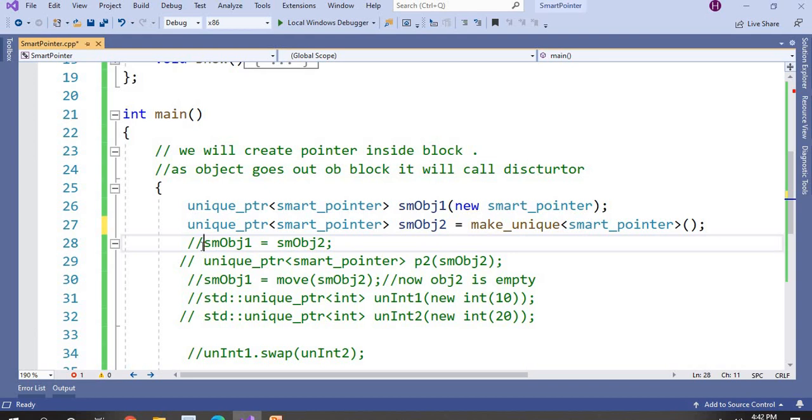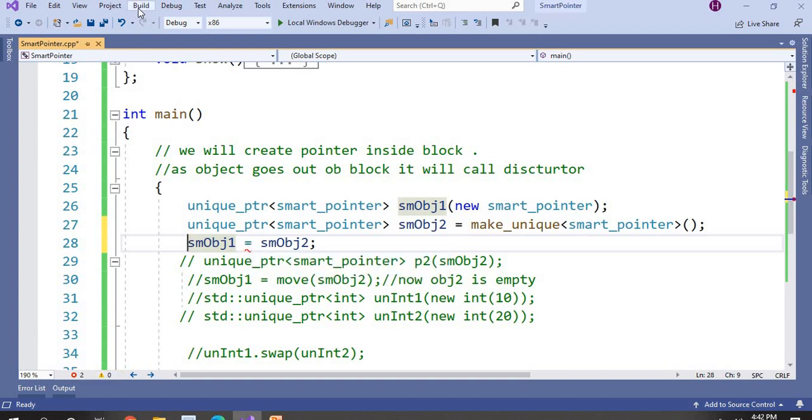If you try this, it will give you an error saying that you cannot do it, because when they created the unique pointer, they explicitly disallowed the copy constructor and assignment operator of unique pointer. So you can see it's giving an error.